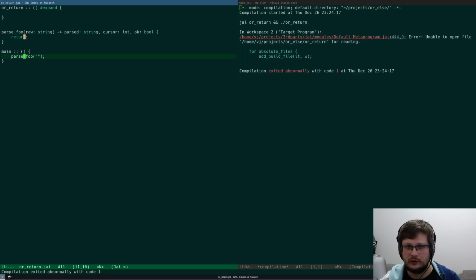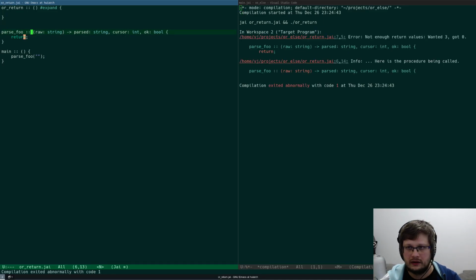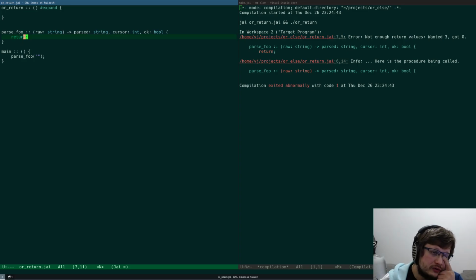Is it unable to open? What did I do? Oh, or return in Jai, right? Expected. Oh, I screwed up the syntax here. And not enough values. How do you use it? I remember there was some way to just return.